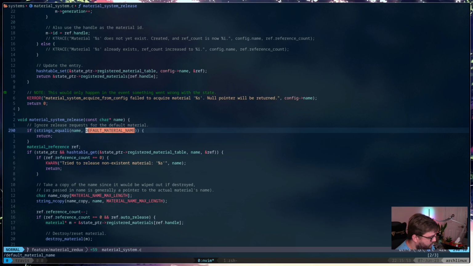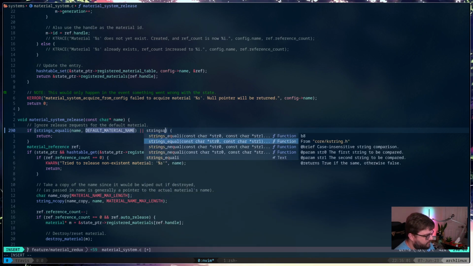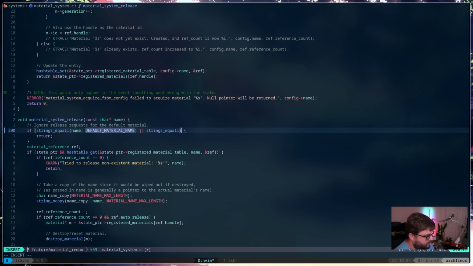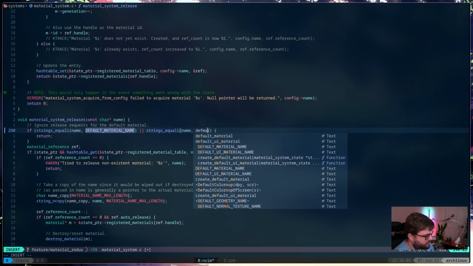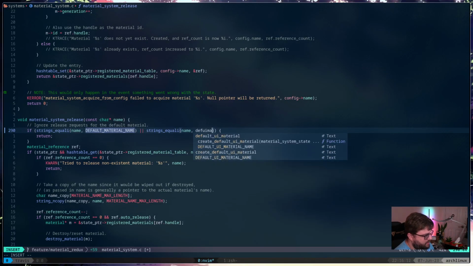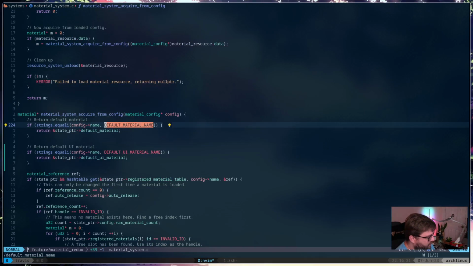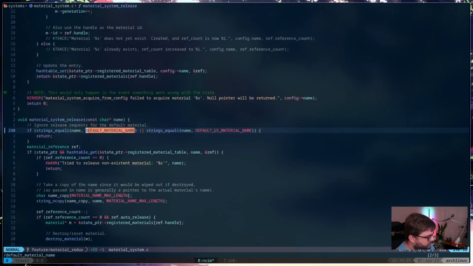And this one is just going to be an or strings equal I. Name default material, default UI material name. Right, so if we have either one of those things, we're not going to release it. All right, I think that is everything.